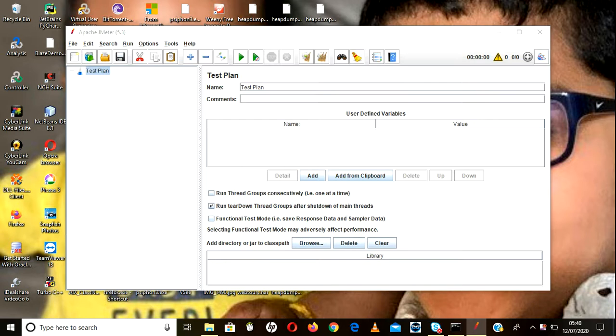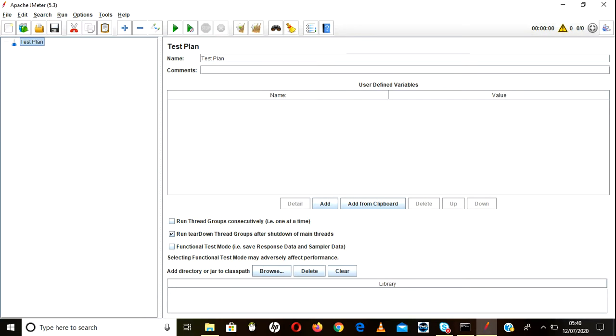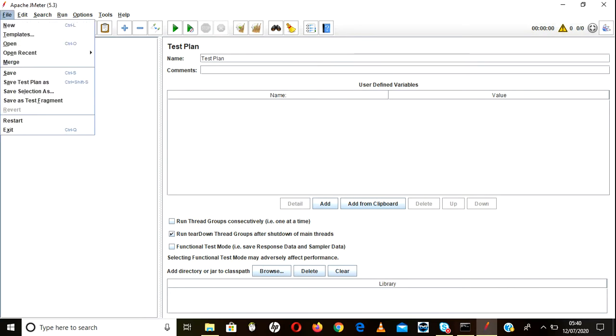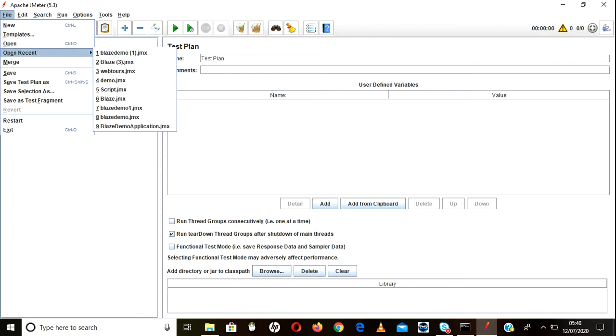In today's session we'll be discussing further enhancements, like how to do parameterization in JMeter, and we'll do correlation and other stuff. Today's main focus will be on parameterization. How do we do parameterization in JMeter? We already recorded a few scripts, right? Go to recent scripts and you can take any one of them. I think we can use blaze demo